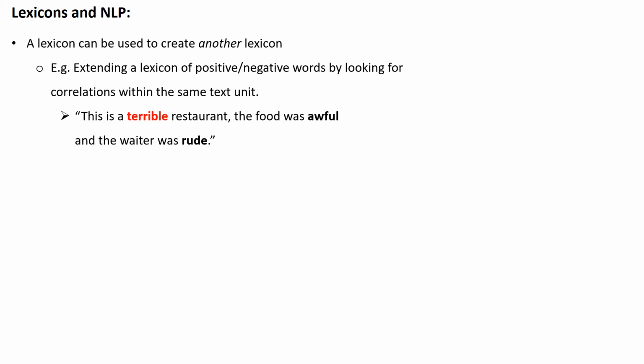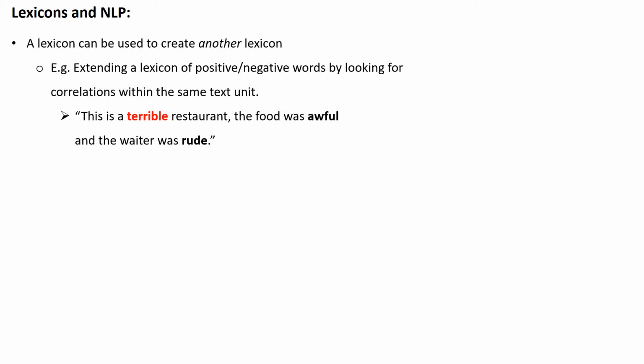Of course, this is not a perfect method, since a sentence doesn't contain one emotional valence per se. Let's take the example of a sentence. This is a terrible restaurant, but the waiters were great. In this case, great and terrible have opposite emotional values, but overall, if you feed the algorithm enough text and enough examples, usually it will infer that emotional positive words will tend to co-occur with other emotional positive words and